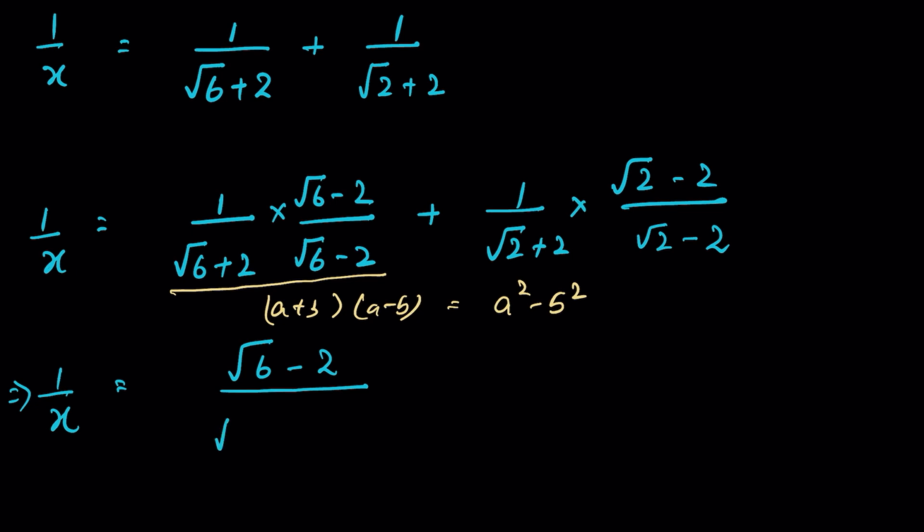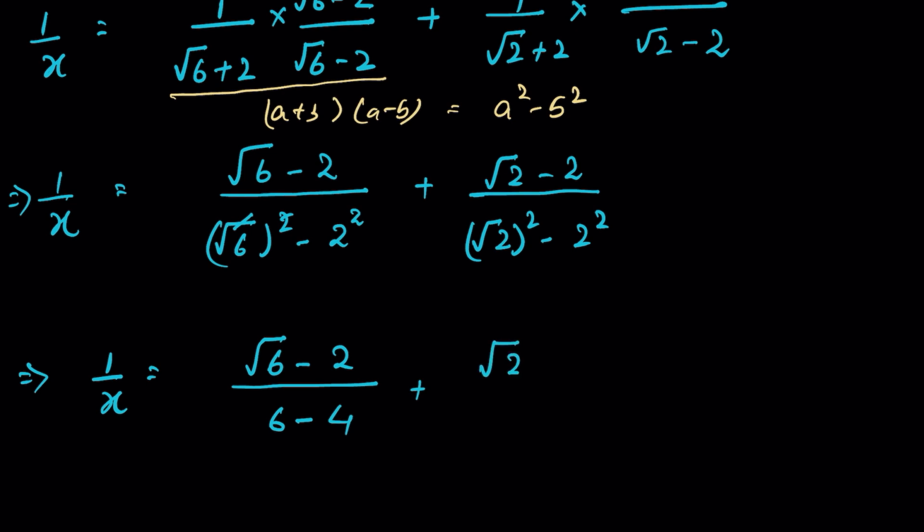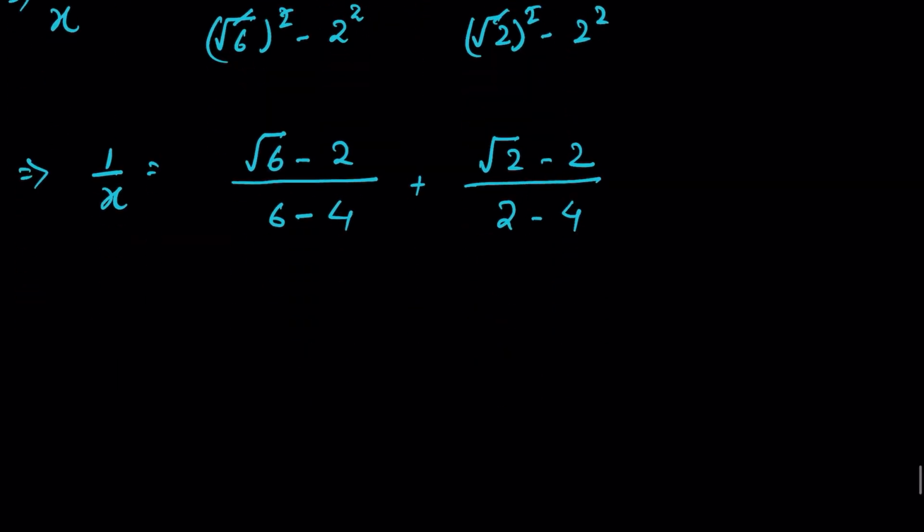So this will be square root of 6 square minus 2 square, plus square root of 2 minus 2 upon square root of 2 square minus 2 square, or 1 upon x equals to square root of 6 minus 2 upon, remove the square root with this square, so 6 minus 2 square is 4, plus square root of 2 minus 2 upon, remove the square root with this square, 2 minus 2 square is 4,